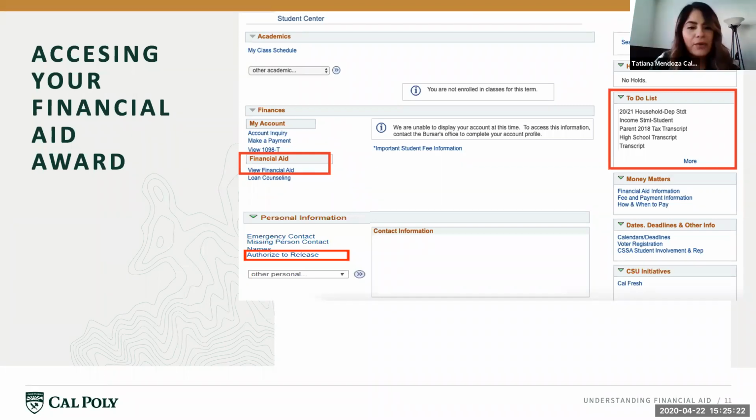Okay, we have another question from Melissa. What is the change of income link? So the change of income process starts with you going to our website on June 15th and downloading the change of income form. So on the form, it's actually pretty comprehensive. We ask for a statement where you explain the differences between your information that's on the financial aid application, so your 2018 income, to your current 2020 income.